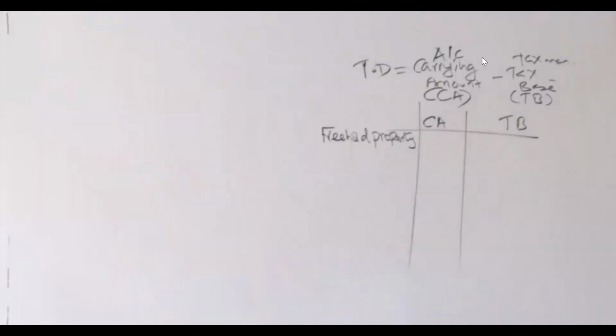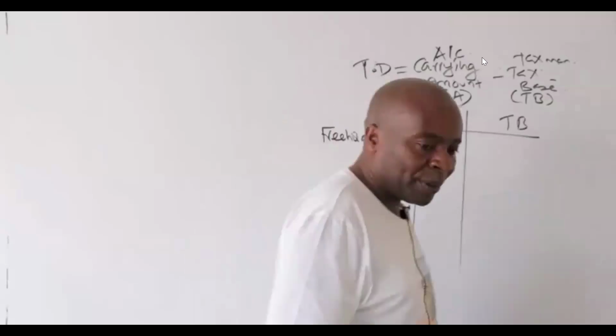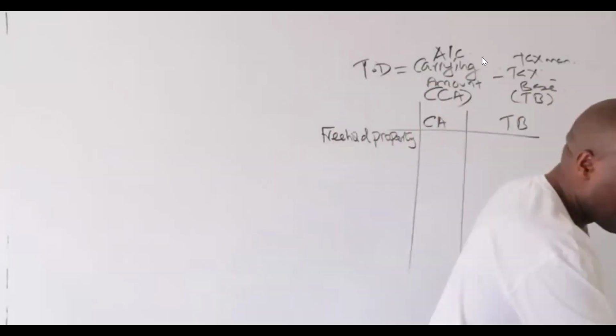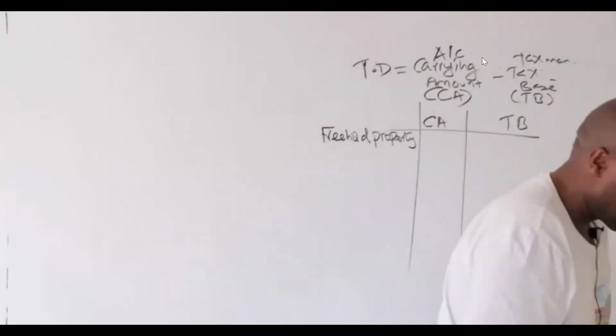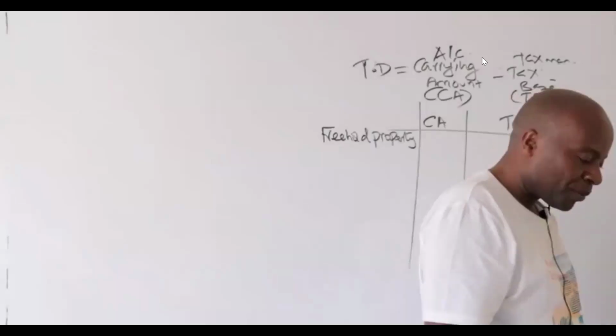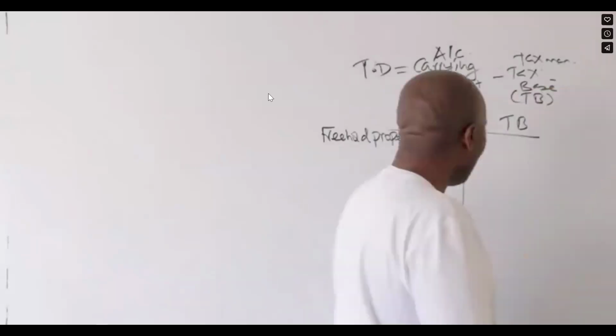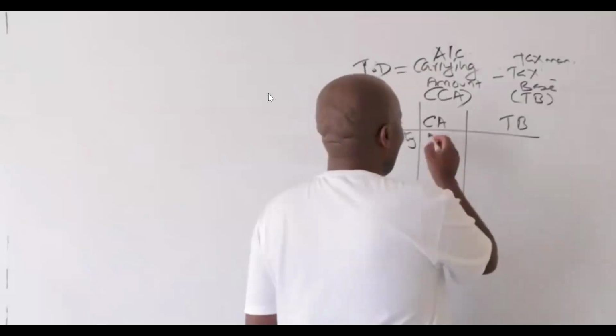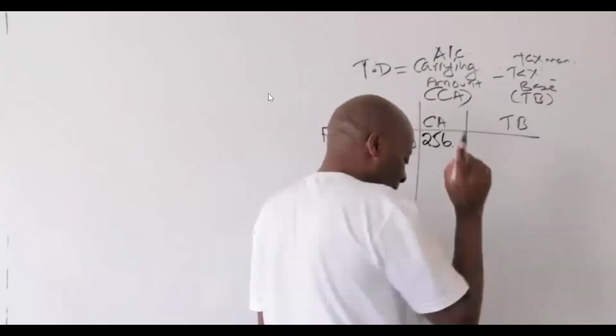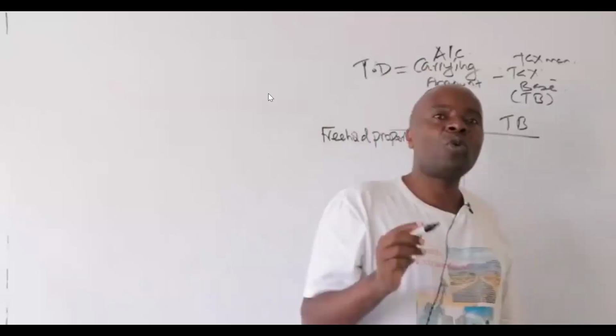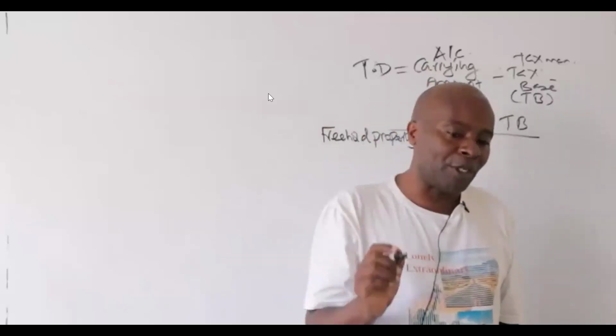It has been given to us in Roman 1, in the first note. For the freehold property, they've told us the carrying amount is 256 million. So I can put my figures in millions: 256. Please remember, carrying amount will either be the net book value,